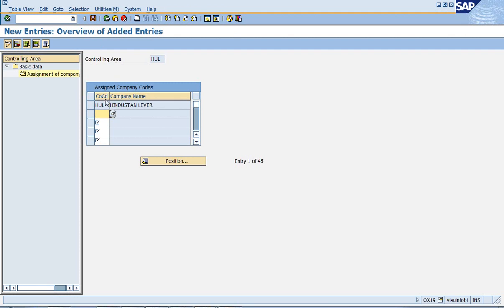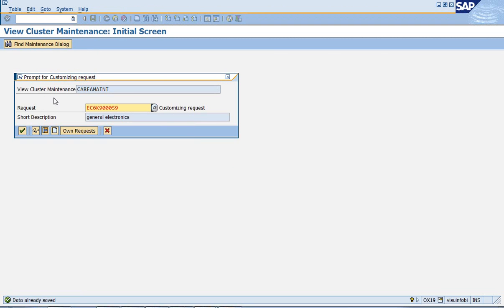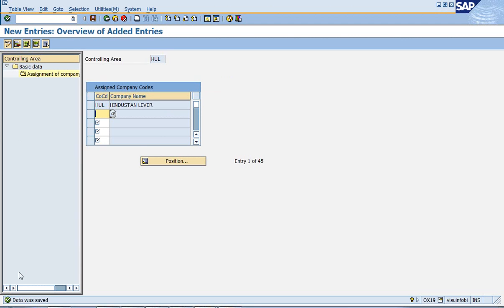Once you enter the company code, the description for that company code is displayed over here. Then click on save. Once again click on continue to finish off this activity. You can see the data is saved. Come back.